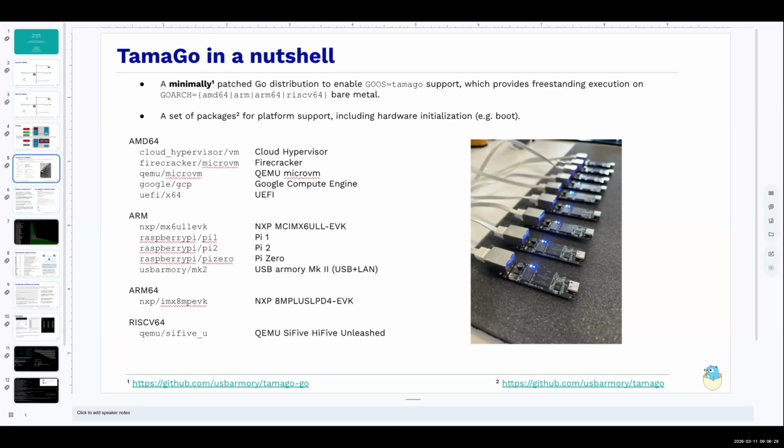We can run bare metal Go binaries on things like Google Compute Engine, and we can also run in UEFI. So, for instance, my own laptop is booted by a pure Go bootloader, which replaced my regular bootloader. So basically we can bring regular Go to different places.